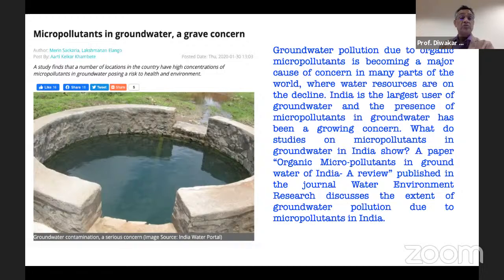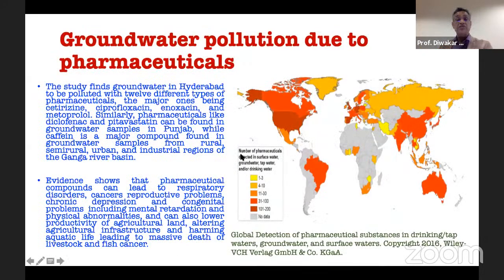I will say that the groundwater, or even the surface water, is also being contaminated with this, and there is no proper detection of these pollutants. This is the data that we have. If you look at the global picture, how many pharmaceuticals were detected in surface water, groundwater, tap water, or drinking water. Some regions have not been detected, or no data is available, say in Africa, but in the country more than 31 to 100 pharmaceutical micropollutants are being detected, and they are posing a serious concern for